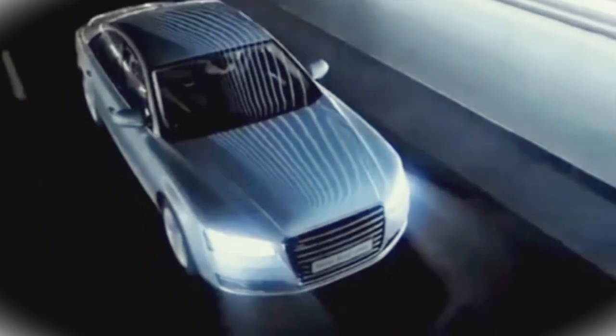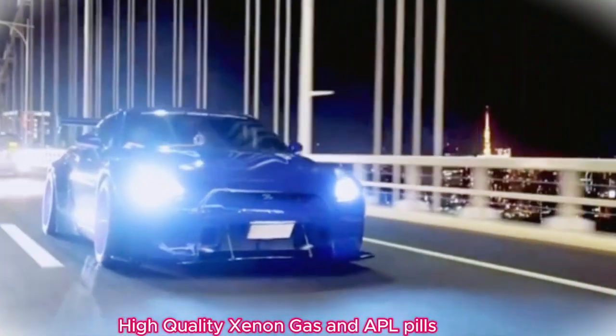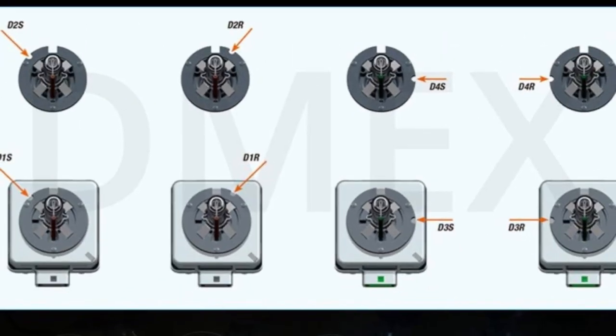The installation process is straightforward thanks to the plug-and-play feature, making it accessible even for those who may not be particularly mechanically inclined. One of the standout features of these bulbs is their longevity. With an operating life of 3,000 hours,